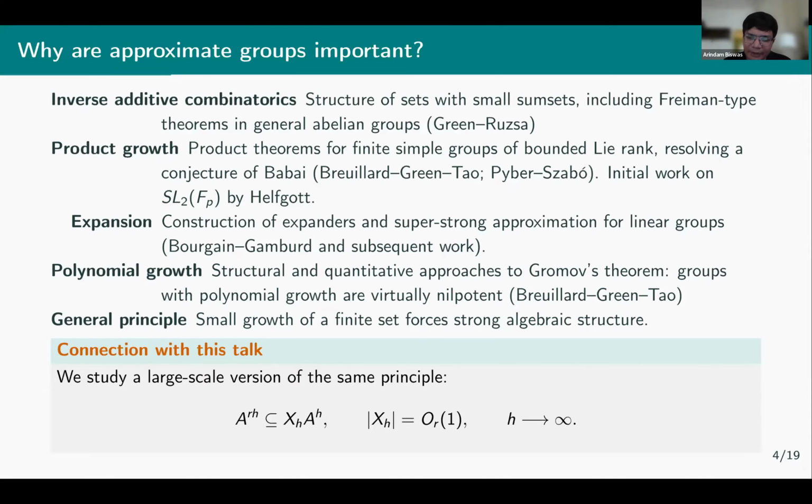They gave new proofs of theorems of Gromov. So for instance, structure and quantity approaches to Gromov's theorem: groups with polynomial growth are virtually nilpotent. And the general principle of all of these is that they use approximate groups in some form or other. So the general principle would be like small growth of a finite set will force some